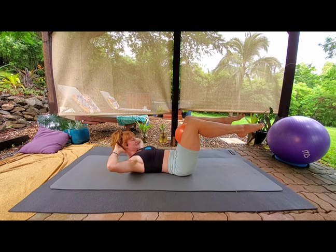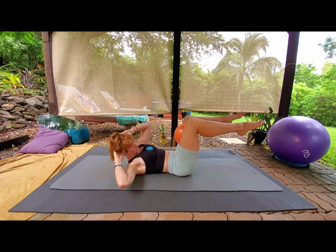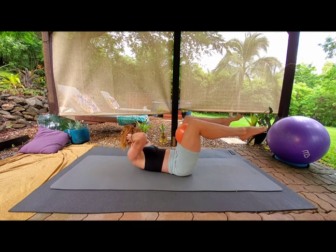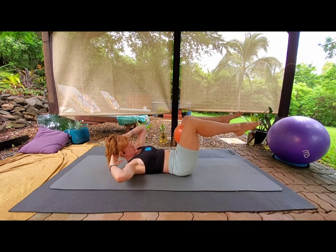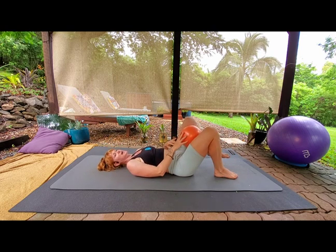Inhale as you come to center. Exhale. Keep going. Last one to the side. Beautiful. Head comes down and then feet are going to come down